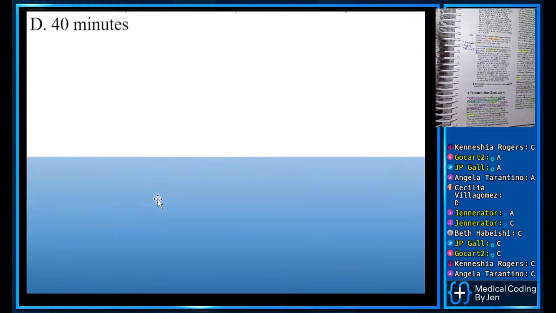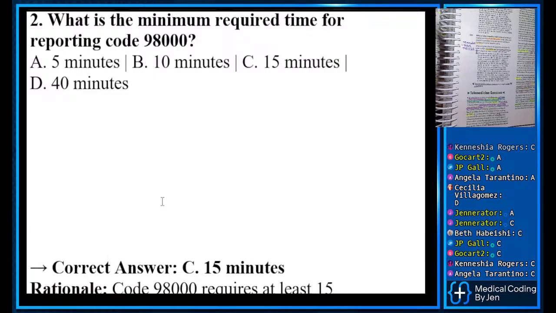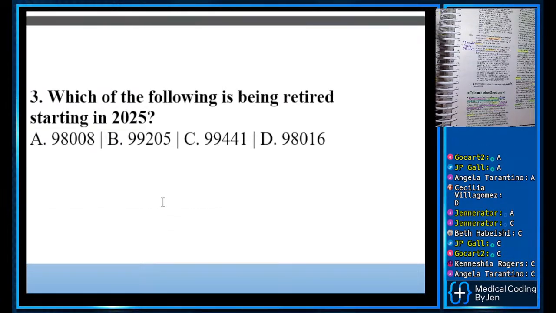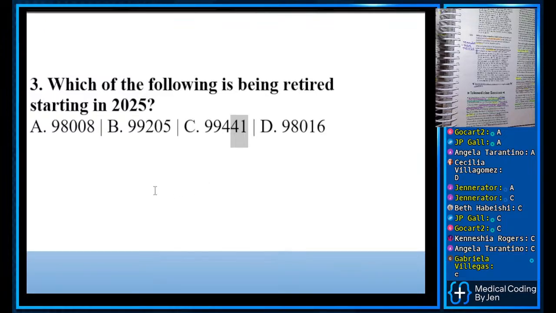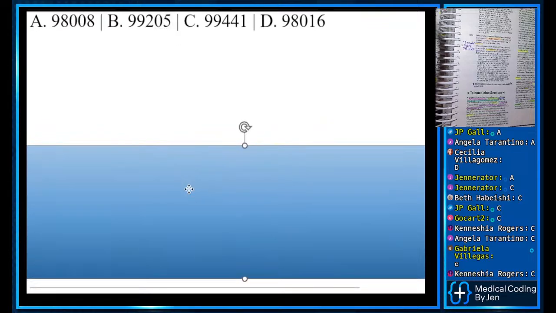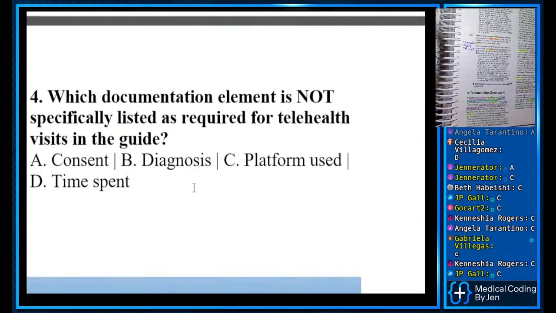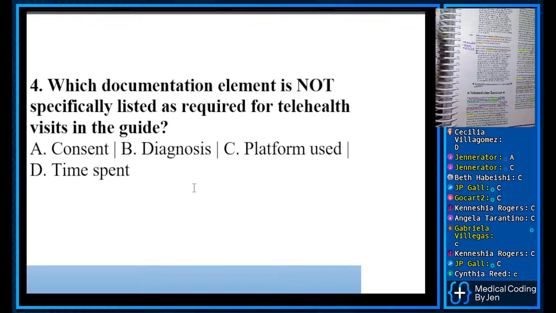Everybody saying C. Let's see what ChatGPT said. C, 15 minutes. Good. Is that correct? All right. Which of the following is being retired in 2025? We already went over that one. Wasn't it the 441? It's definitely not that one. So I think it was the 441, right? Yep. All right. And which documentation element is not specifically listed as required for